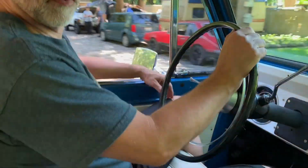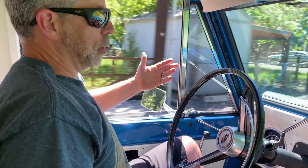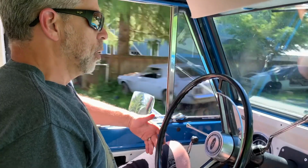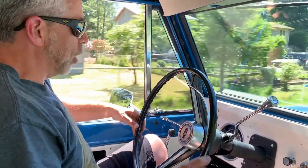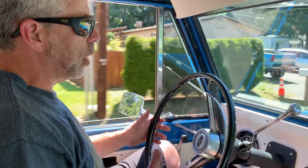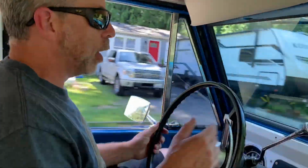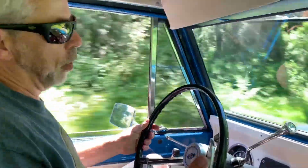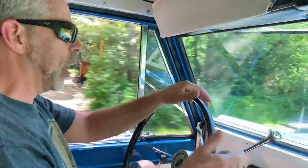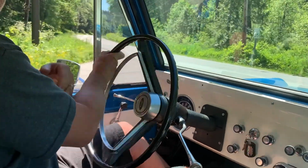This might be a lesson for some in the manual transmission column shift department. It is. It's intimidating at first, and it's kind of funny that it does scare people, but we're just used to it. To have a shifter on the column that's not automatic is foreign, and then you're trying to think about shift patterns. But I don't know, it comes to you pretty quick. It's like muscle memory. You shift it a few times, and you know, you only got 4 positions. It's like you're trying to decode a foreign language. You got 4 spots, I guess you got 5 spots if you count neutral. But taking off,